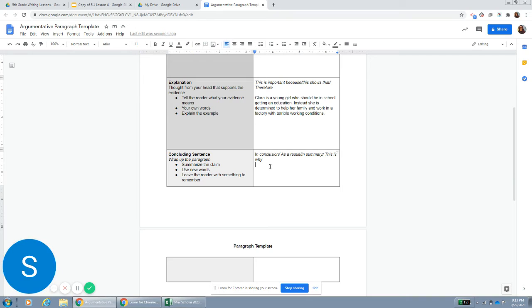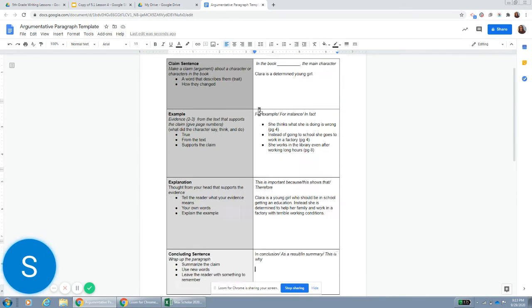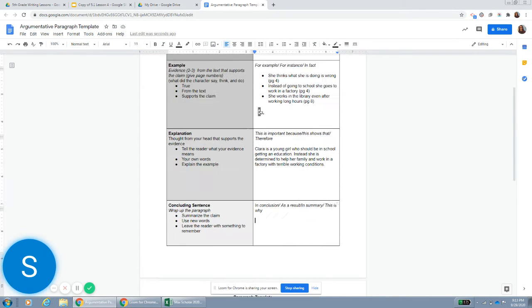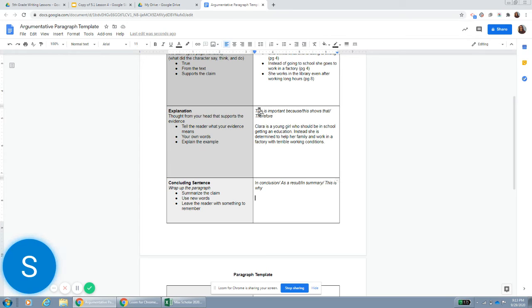Now, this last sentence is your concluding sentence. It wraps up the paragraph, right? It leaves the reader with something to remember. Just for this paragraph, for this template or organizer, you just need to give me one sentence. So you can start it with in conclusion, as a result, in summary, this is why. I'm going to continue one of those and I'm going to say,